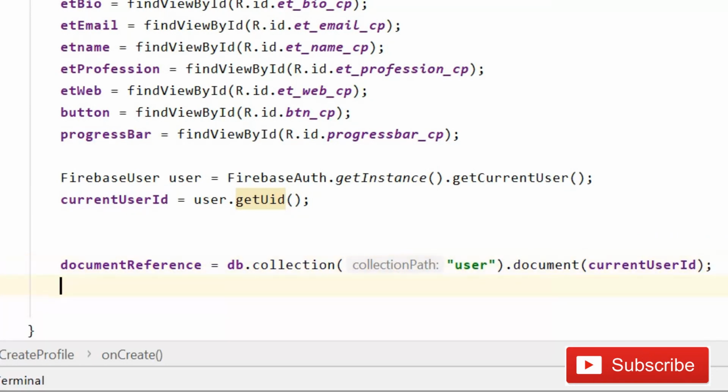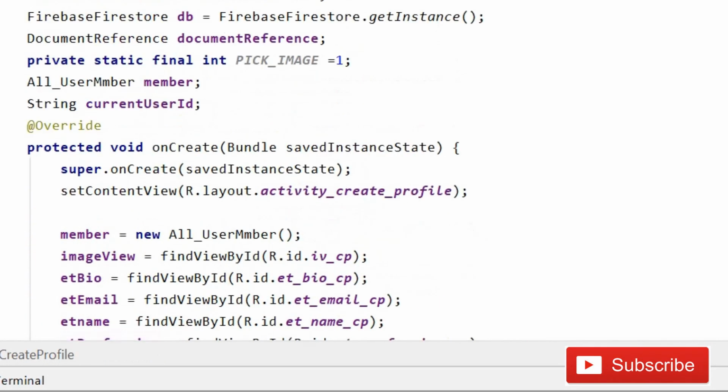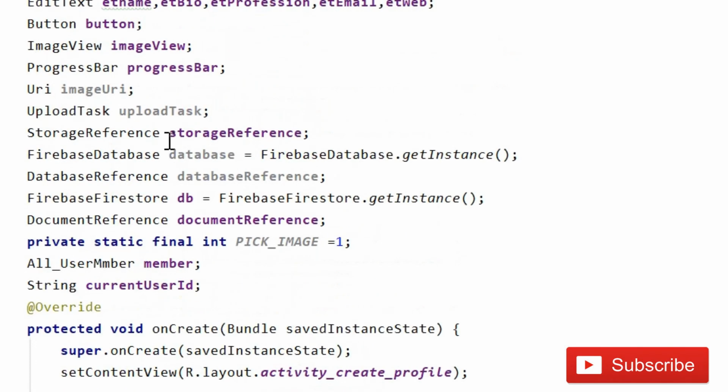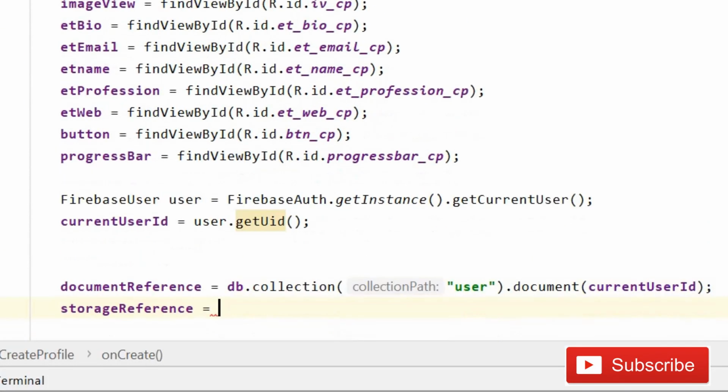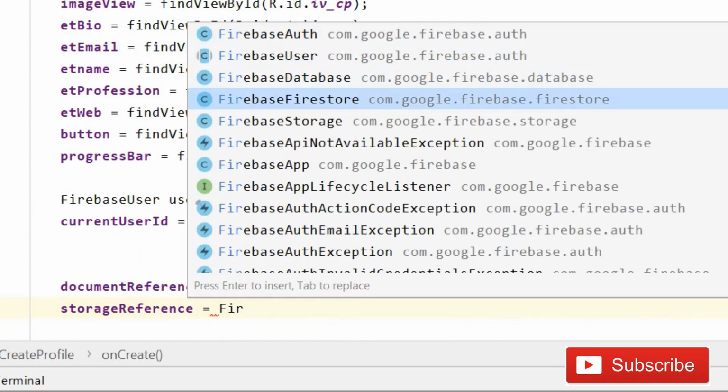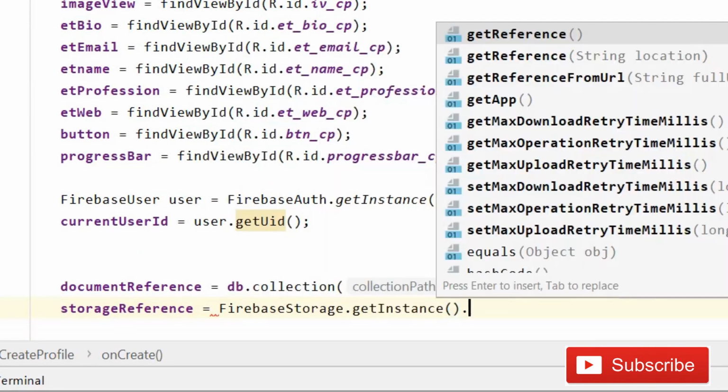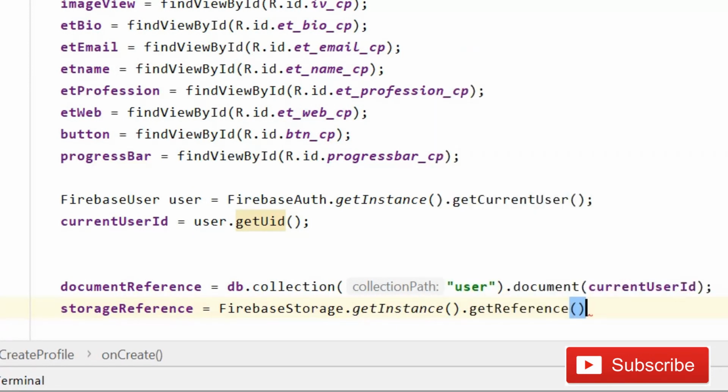So that is all. After this we have to write storage reference equals to, and one more thing here is that Firebase storage reference, Firebase storage. So we are not implementing, but that's fine, we can come here. So we will directly write FirebaseStorage.getInstance().getReference(), and that will be